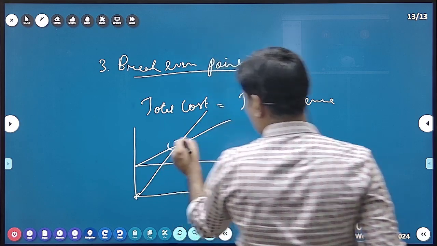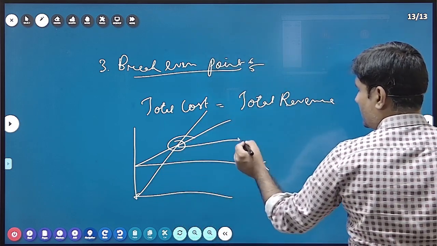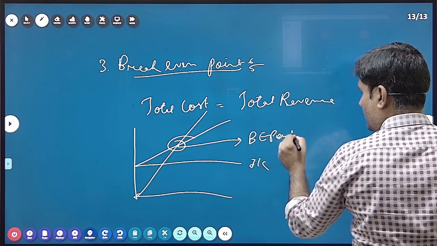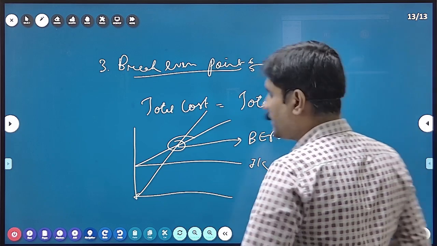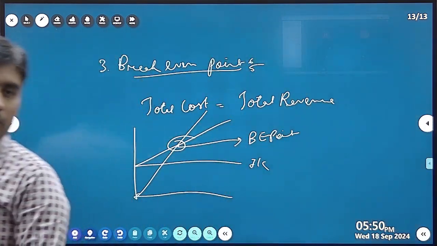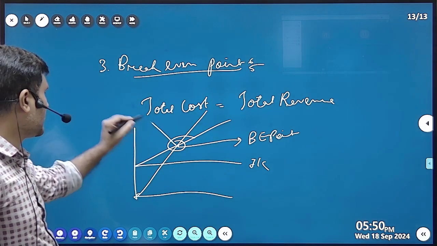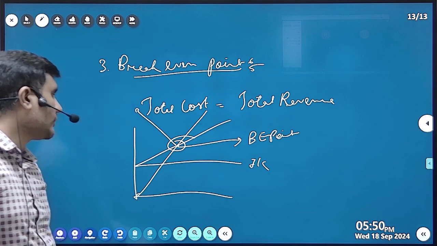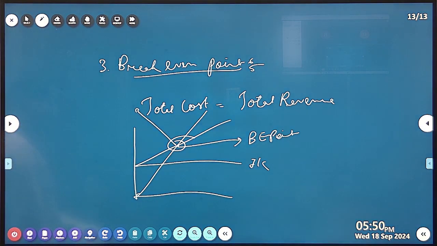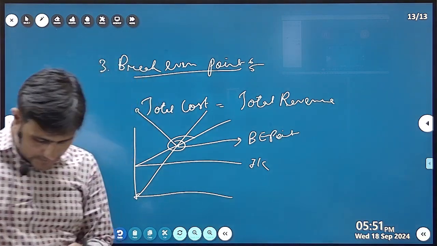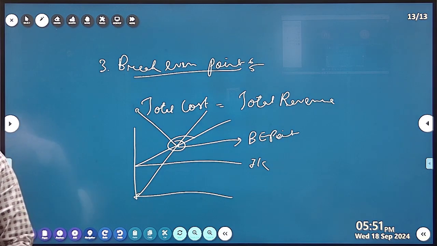Where the total cost meets the total sales, this point is known as your break even point. When number of units are expressed,